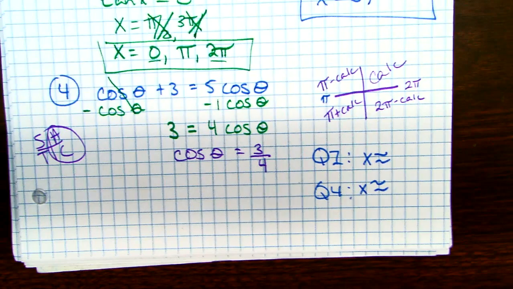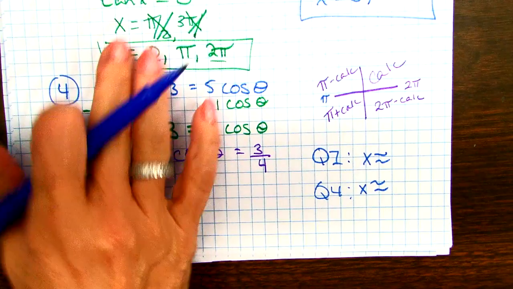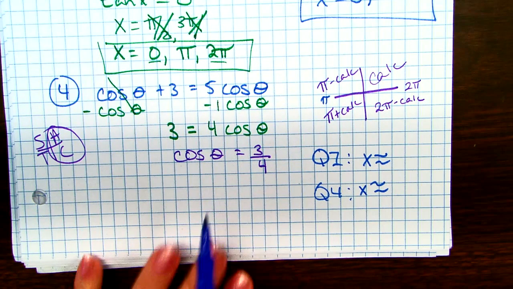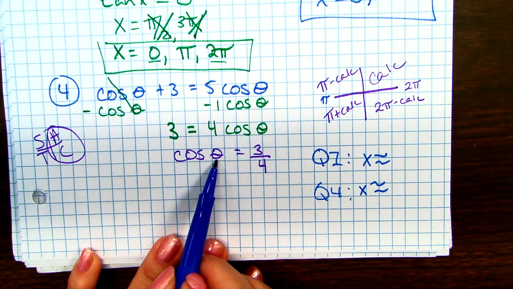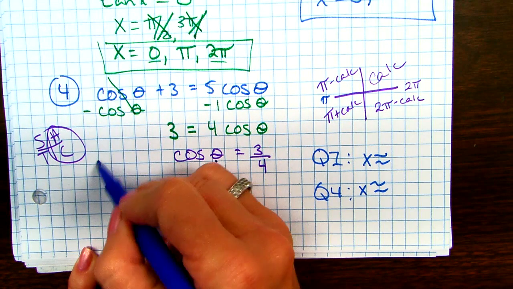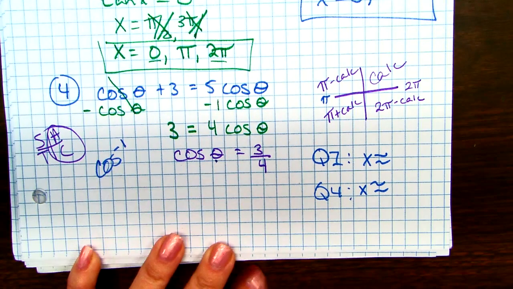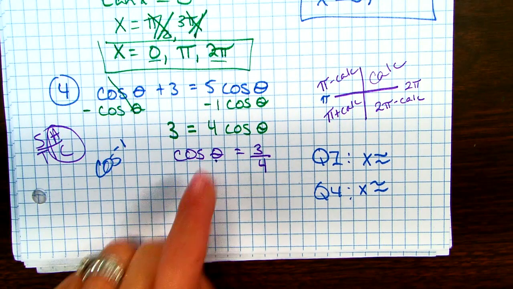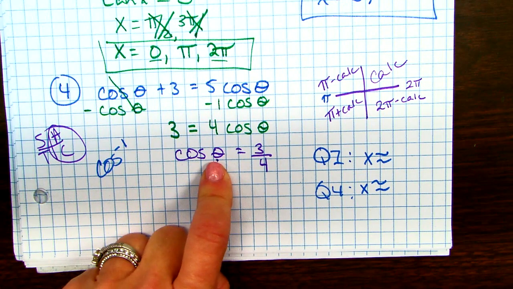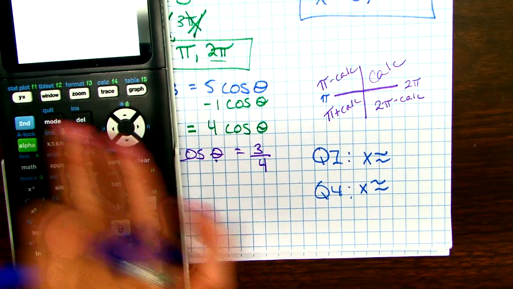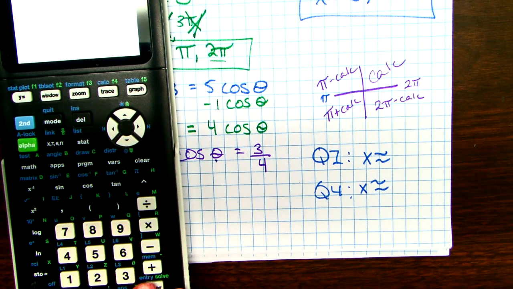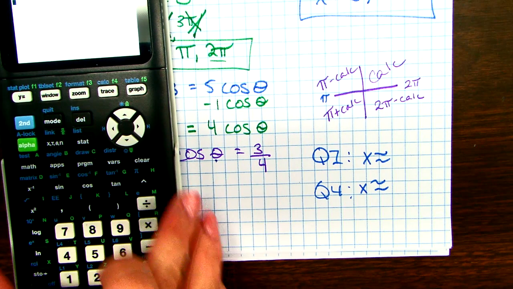So putting it in my calculator, you would always want to make sure you're in radians. Second, oh, that's the other thing. We are trying to find an angle, right? Anytime you're trying to find an angle, you have to use your inverse button. Even though it doesn't say it, that's up to you to know. We're trying to find x or theta, that is an angle. So anytime we're trying to find an angle, use the inverse button. So second cosine 3 divided by 4, and I get